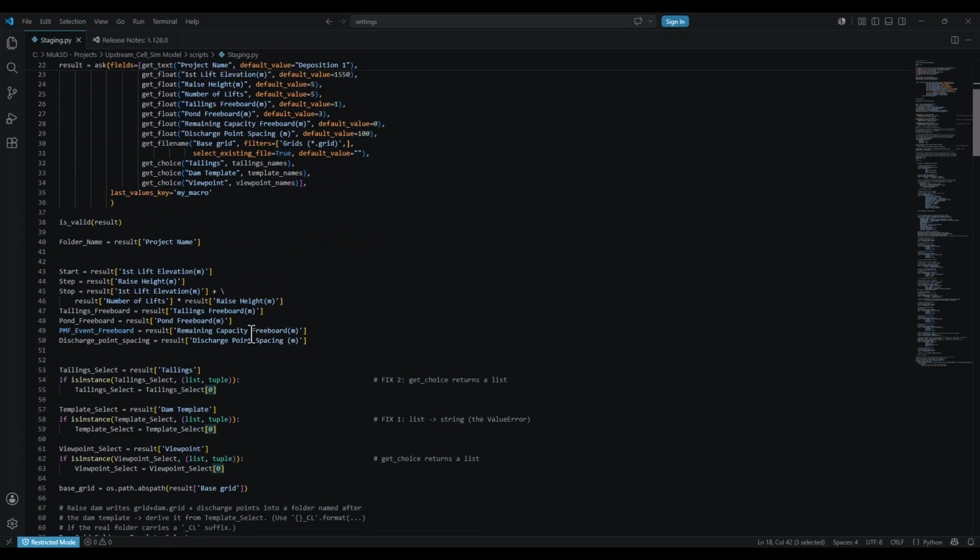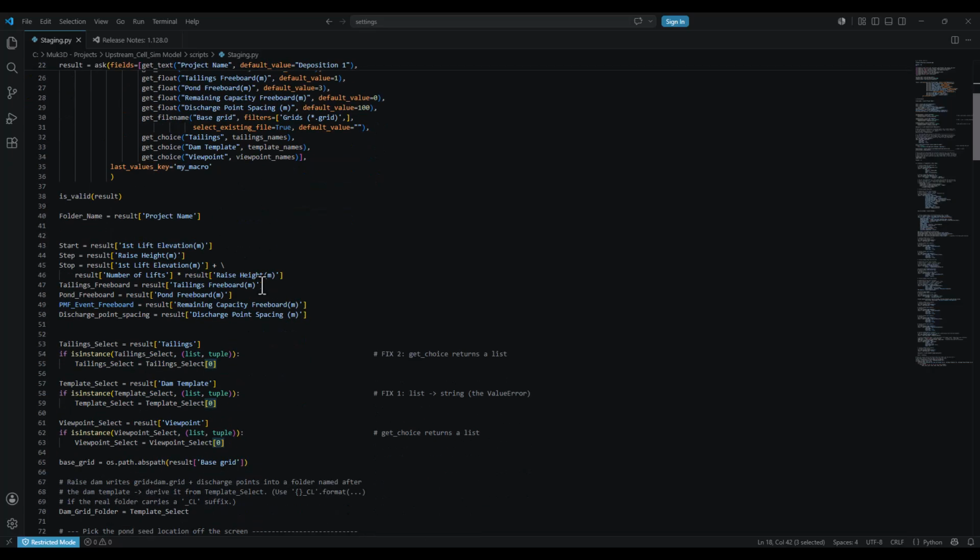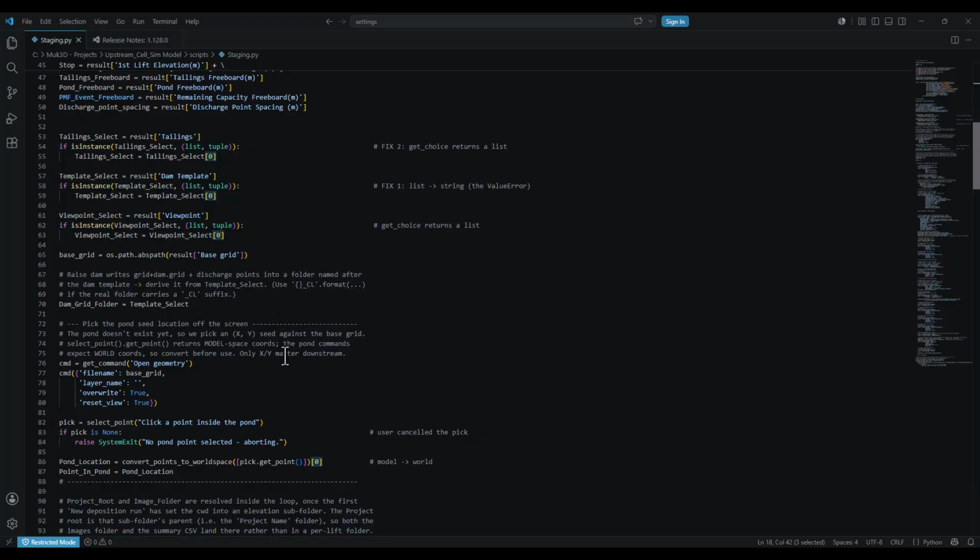Okay, so if you're dealing with a database, you're pulling out the values, it doesn't look quite right, it could be a similar situation. Okay, beyond that, after you've entered in the user interface, you run it, the only thing left to do at that stage is going to be to pick a point on your screen to show the area inside the TSF so the software can start simulating. When you pick a point inside the 3D window,